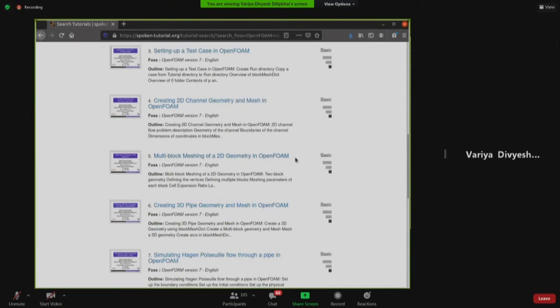Also, you will learn how to give refinement at some walls. For example, at the top and bottom walls you want a very fine mesh, and at the center part you want a coarser mesh. Those things you will learn in tutorial number 5.